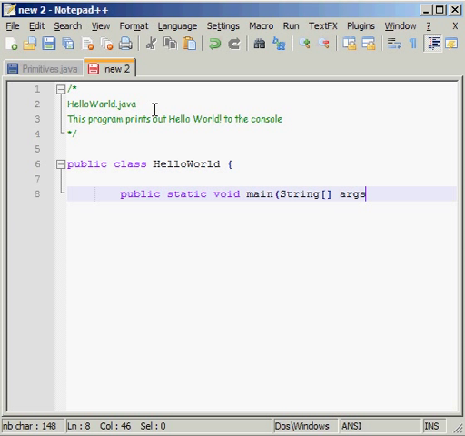And then I'm going to end the parenthesis, hit space, and another left curly bracket. Enter, enter, that's what I like to do. And then I like to hit tab. This makes it a little bit easier to read and spaces it out a little bit so people can read it easier. We're going to type System, capital S,